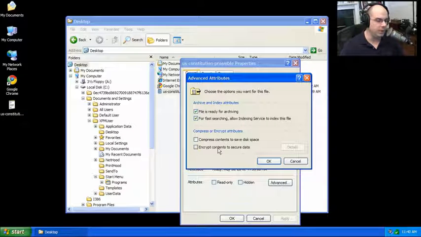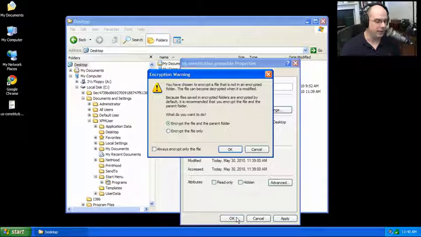Let's press the Advanced button, and you can see one of the options is to compress the contents to save disk space. That's a nice little capability that you may want to consider using, but what we want to do is to actually encrypt the contents to secure data. And when I click OK and then click OK again, Windows recognizes that I've never encrypted any files on this